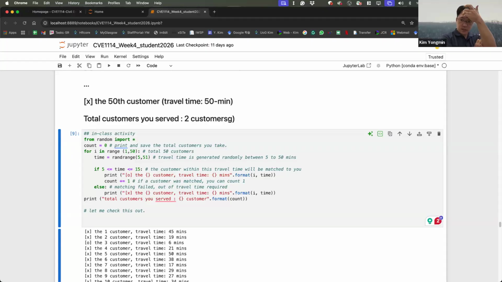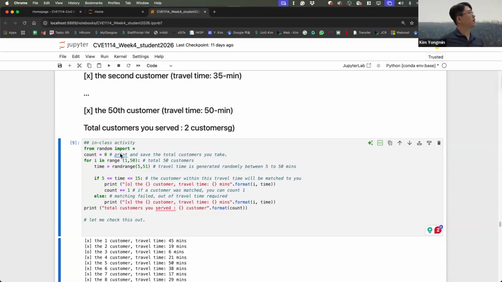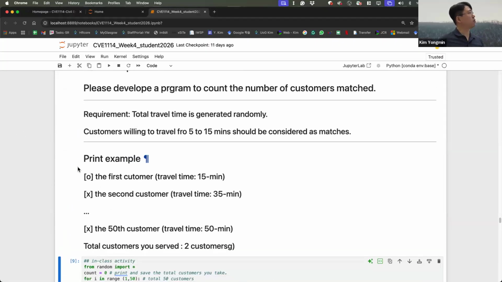Okay, everyone, let's continue where we left off, which is our in-class activity. So now this is our printing format. The time will be generated randomly and then counted.